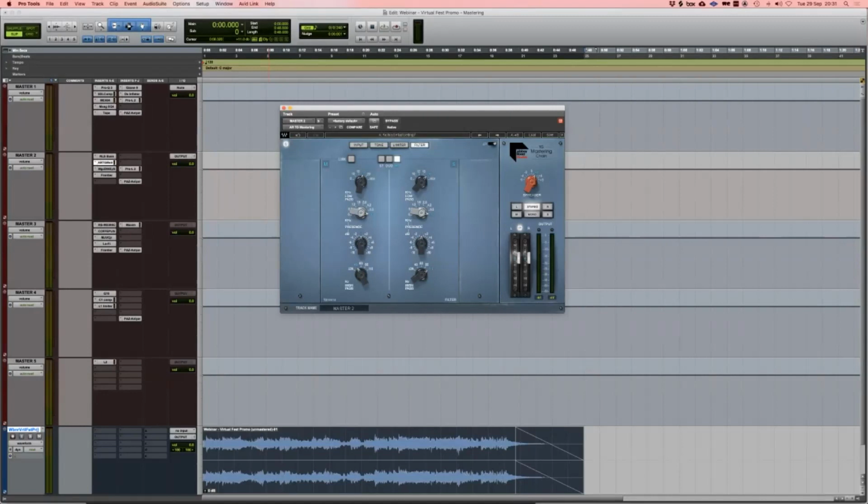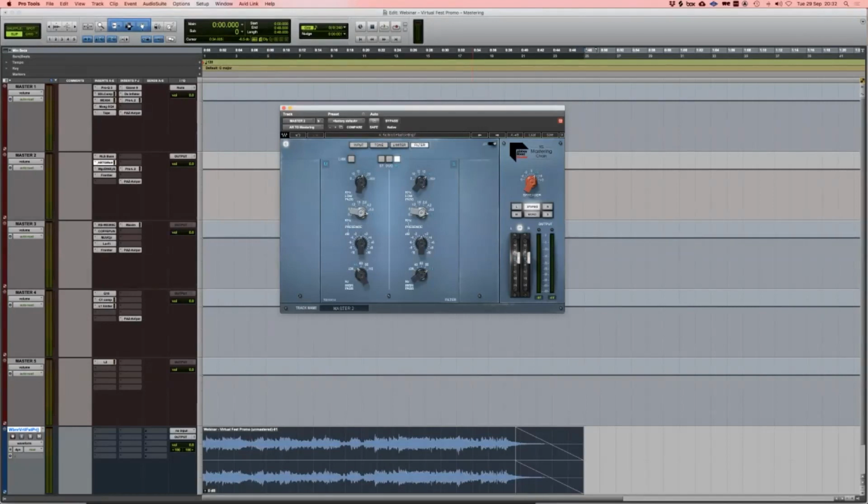And it just can help you with getting some extra clarity in the mono range and extra width in the sides if you want it. In this case, what I've done is the mono signal, I have cut the bass from 40 hertz down, and I've cut the tops from 15 hertz up. But in the sides, I've killed the top end at 20,000 hertz, and I've killed the bass at 110 hertz. So, I mean, it's a subtle thing, but it's just going to give me a little bit more room to